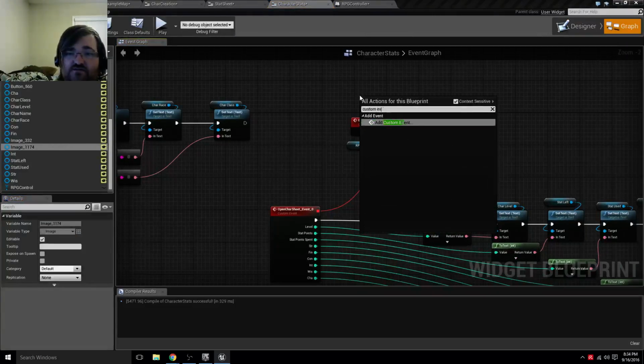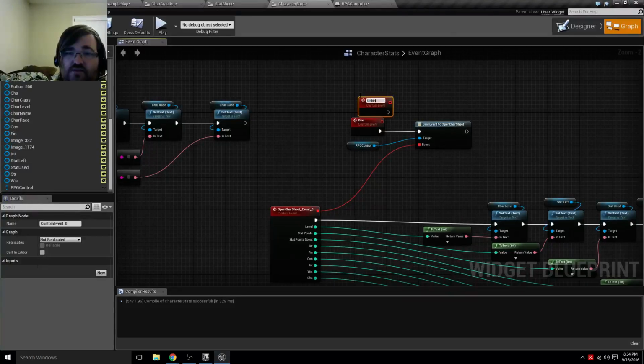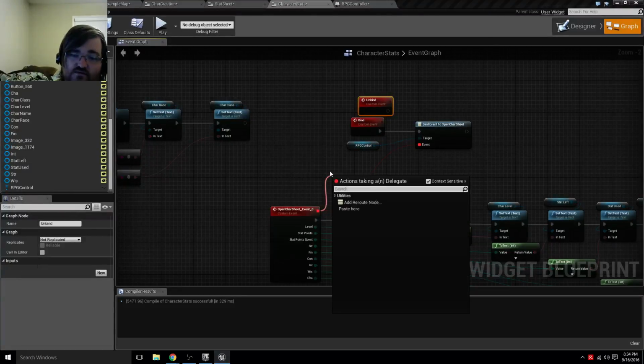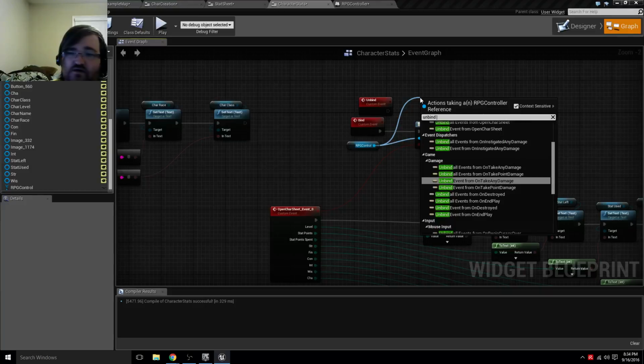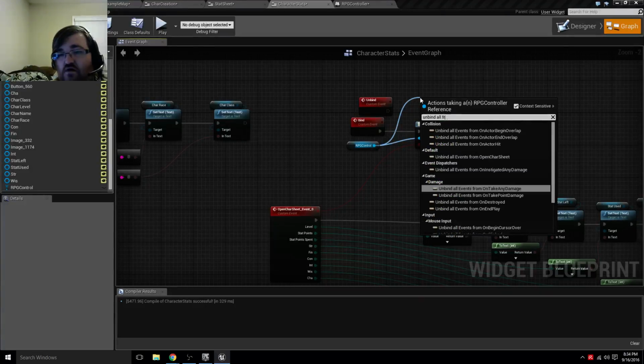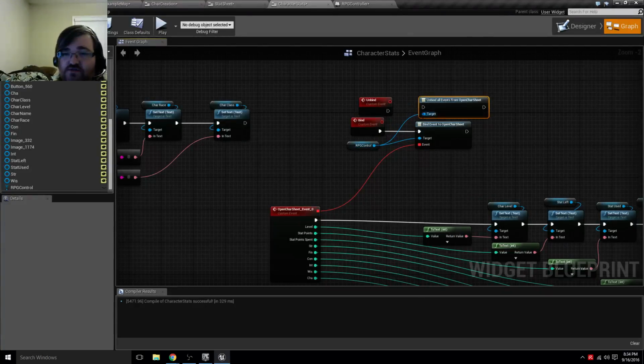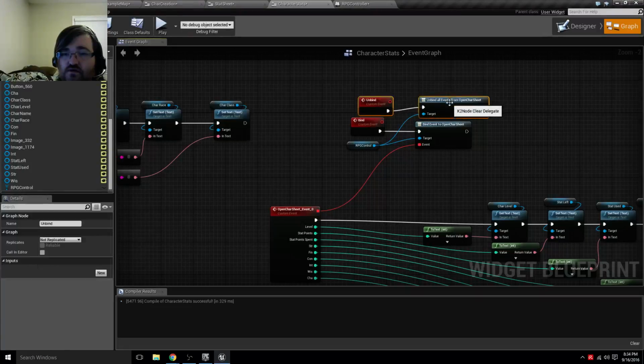Do custom event, unbind, unbind all from open character sheet. So,